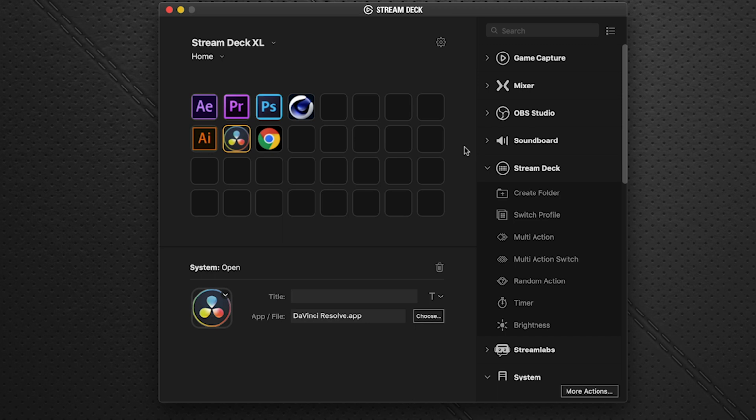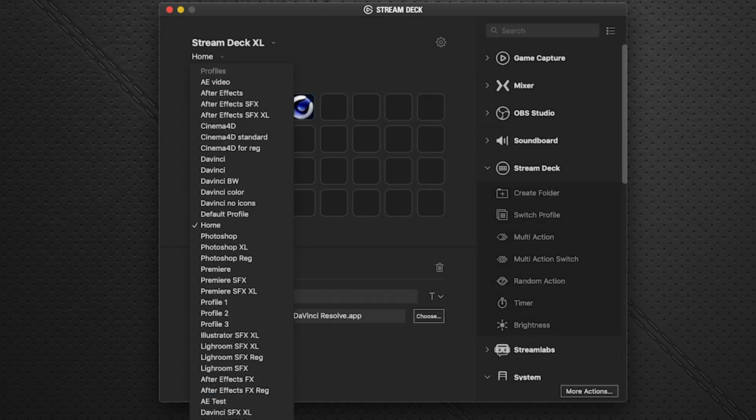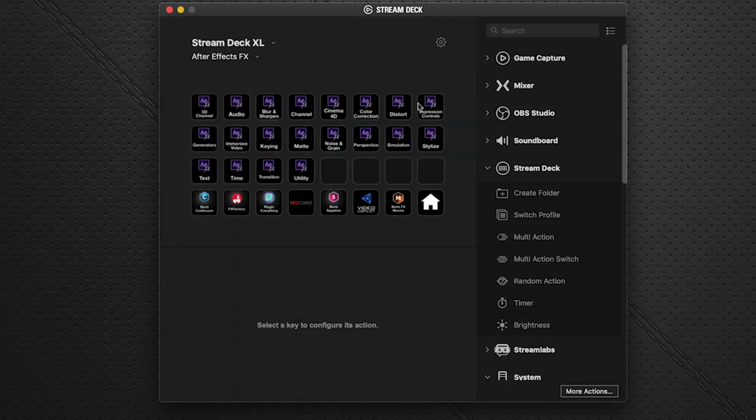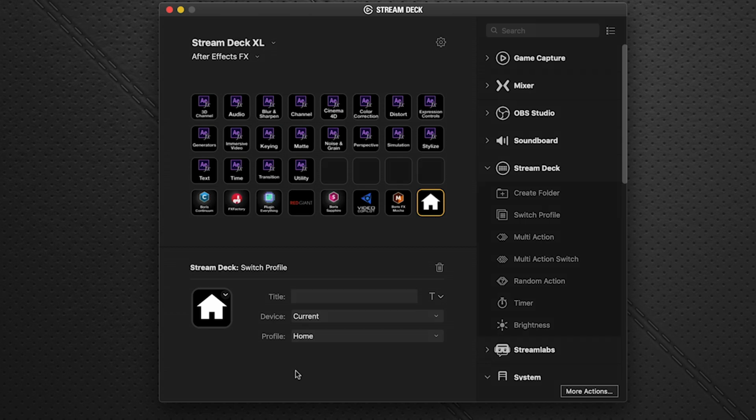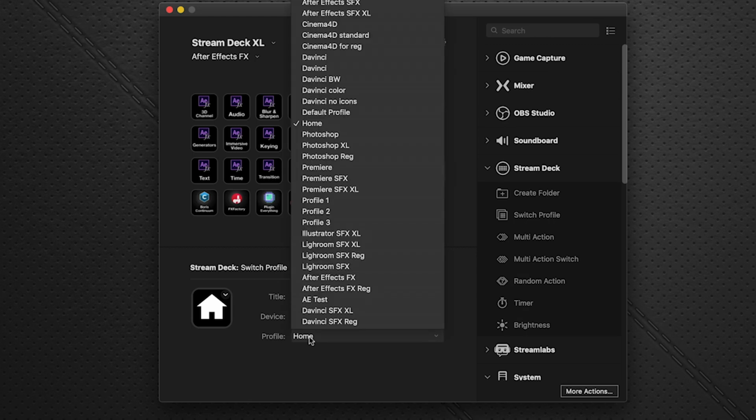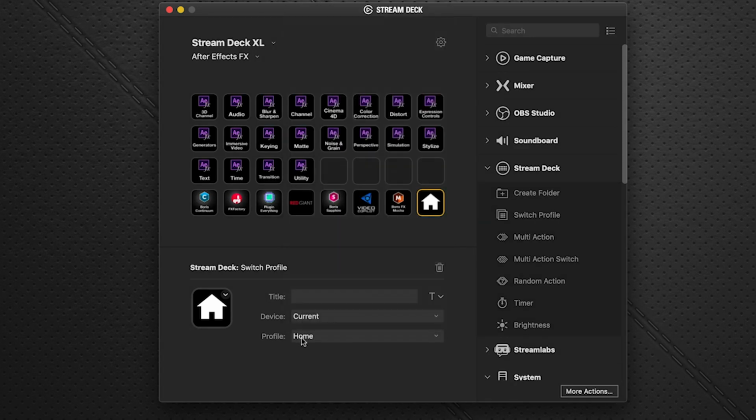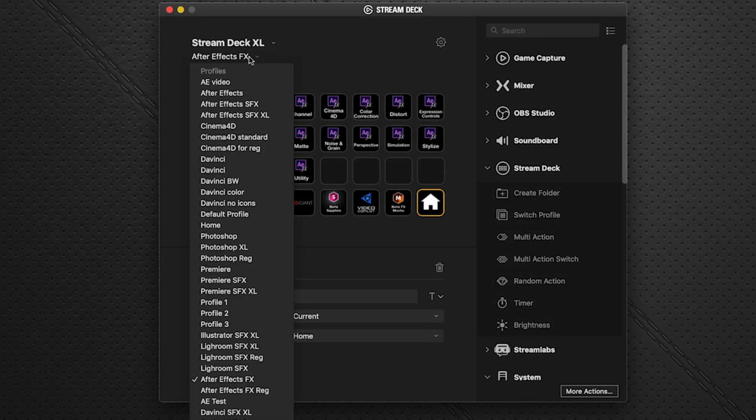When we exit out of the preferences, we can hop over to it. It's called AEFX. And this is the entire profile library all ready for us to use. One thing you want to make sure of is that this button should be working to go back to your home key. The profile is home. If you've relabeled your home profile, you may have to change this to go back to your main Stream Deck screen. I'm going to jump to the main Stream Deck screen,